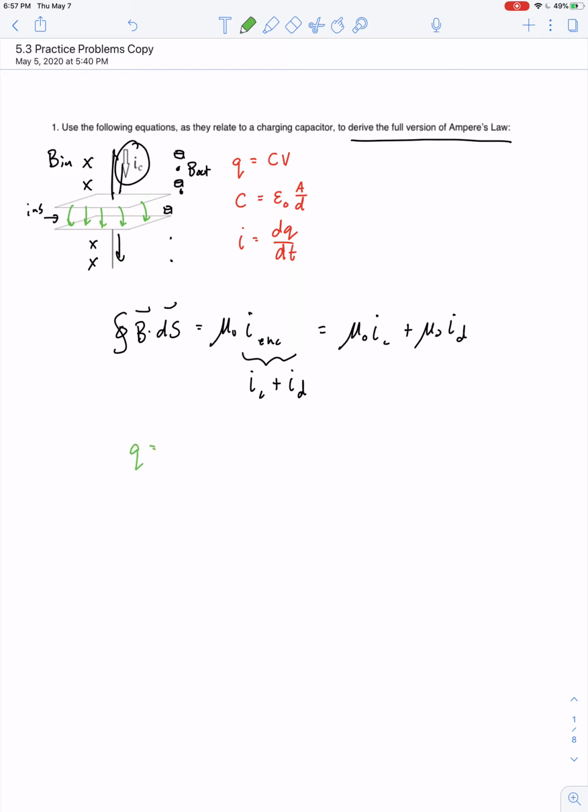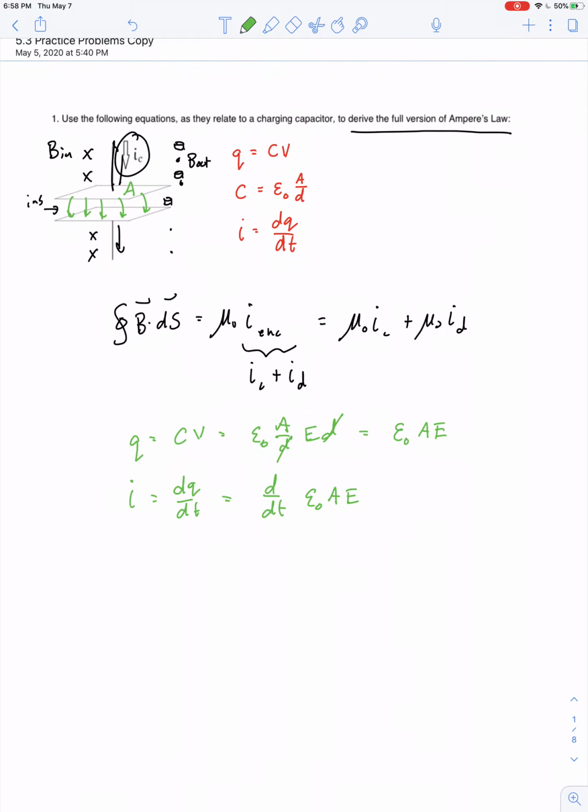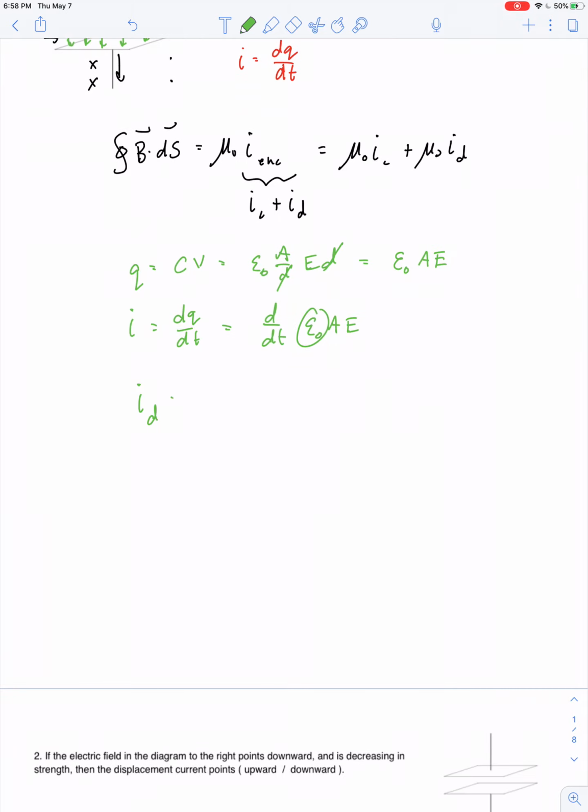So charge is equal to capacitance times voltage, which means it's epsilon naught A over D times E D. The D cancels out, and charge is epsilon naught times A times E. Current is dq dt, so it's d dt of epsilon naught A and E. Well, the area of these plates isn't changing. Certainly epsilon naught isn't changing. So this quantity we're calling the displacement current is equal to epsilon naught times A times the rate of change